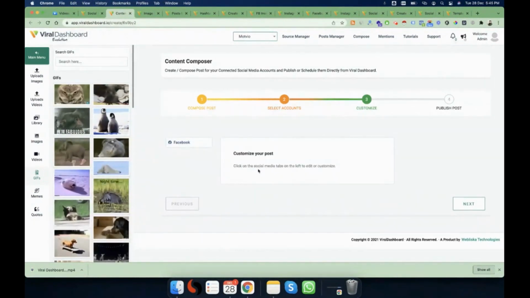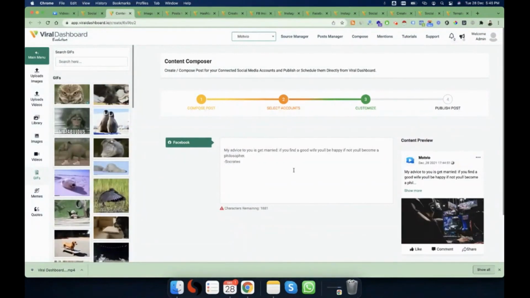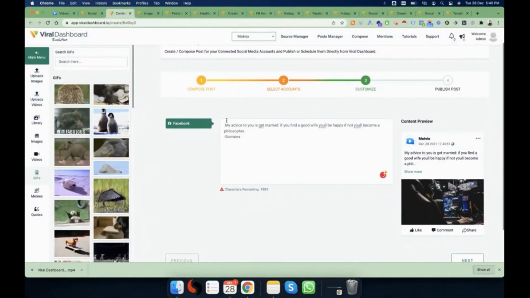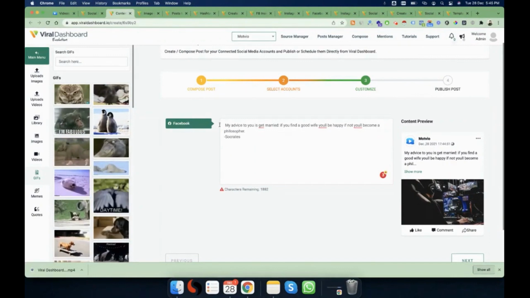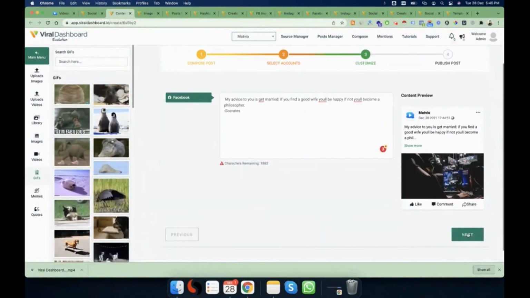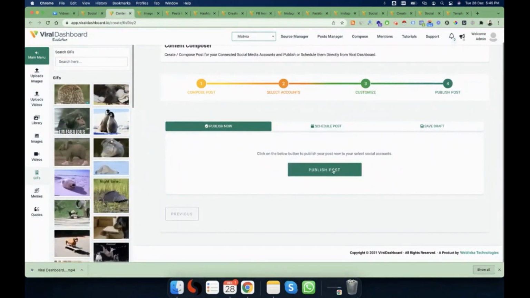So this is the customize step, and you need to click on the Facebook tab to see how your post will look. This is the preview area, and this is your composer. Now this step is very important, because in this step you will be able to modify the content according to the specific social media. Okay, so next step, you have the publish option, which is you can publish this post